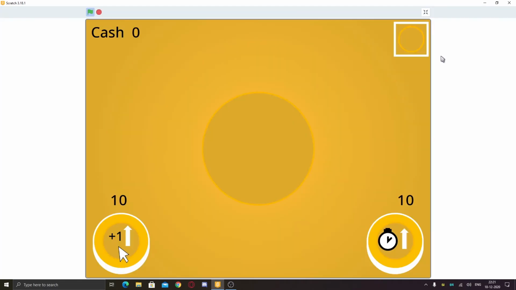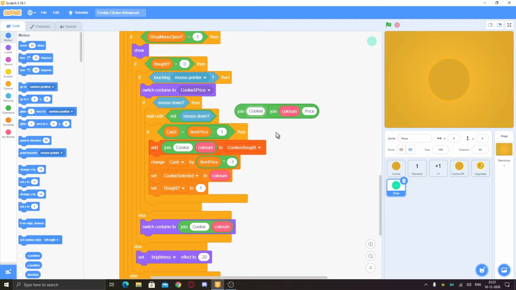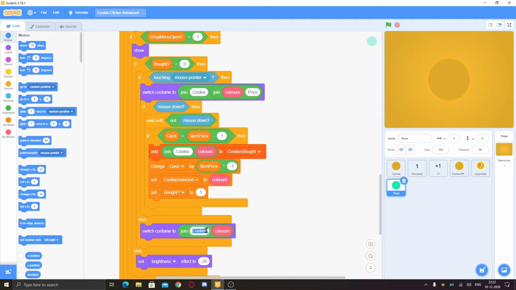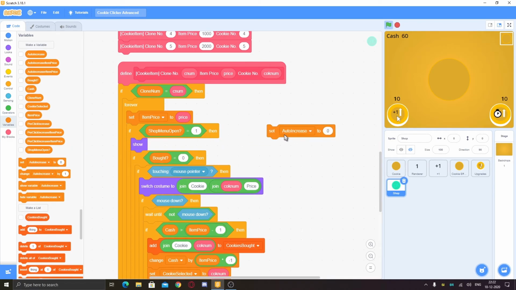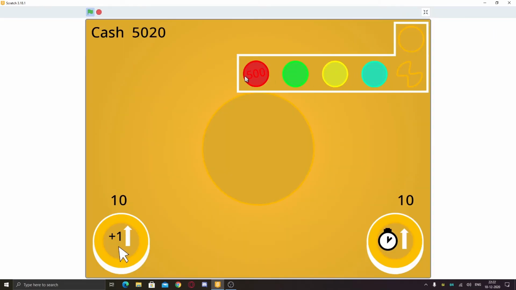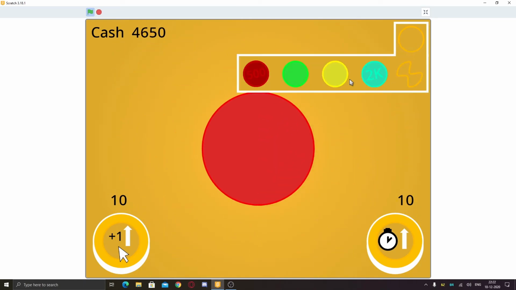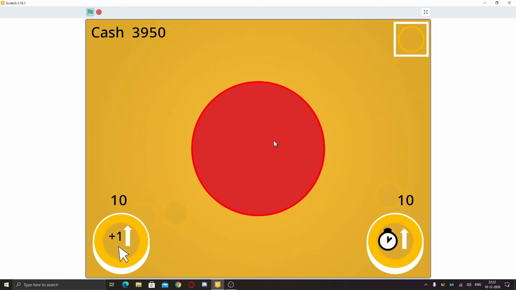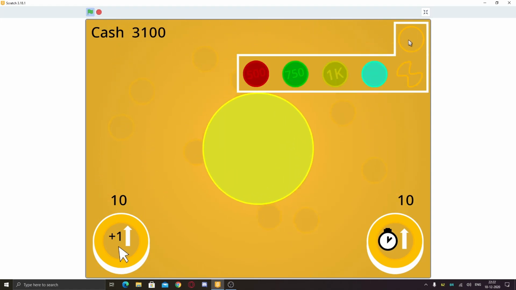So let's see. Here you can see all items are not visible. You just need to make a change. You can just remove the space here and put it here and also here, but not here. So here you can see we have the cookies. Now if I buy the 500 one, I cannot for now. So let's just set cache to say 2000 or let's say 5000. So we can buy all the cookies and test them. First of all 500, here you can see I can switch between 2, and if I buy 3, 2 and 3 I can switch between them, and then the fourth one and then the fifth one.